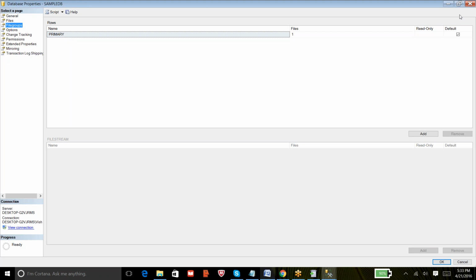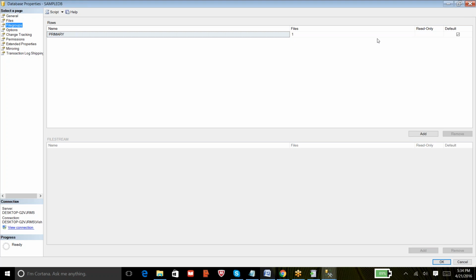So if you want to create a new NDF file and use it on a different drive, the first thing we need to do is create a file group, so that we can ask SQL Server to move the table whenever you create a new one. When you create a new table, how do you define that the table should go onto the MDF file or the NDF file? It can be done with the help of file groups.